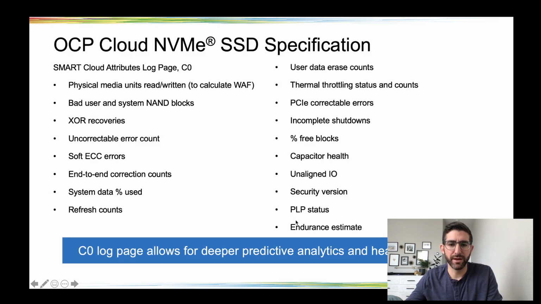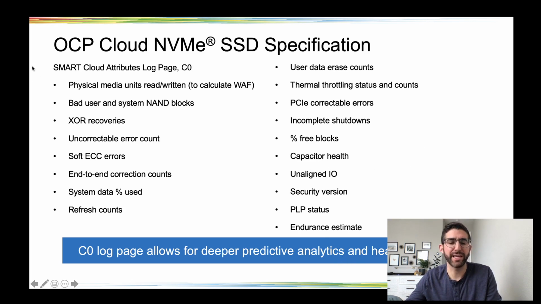And again, just by itself it isn't really useful, but if you have tools to parse this data and use it across a collection of drives at scale, like how the cloud vendors are going to use it, they can do predictive analytics and health monitoring. If you see some PCIe correctable errors, that might mean there's something going on with the system topology that you need to go fix. But at the application level, you might just see higher latencies or something. You don't know. But having this extra detailed information is going to be super helpful for predictive analytics and